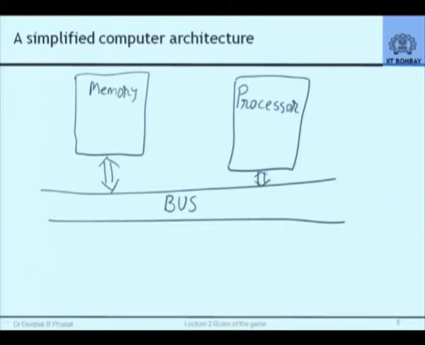The equivalent of the input-output cart that we saw in our simplified Dumbo model is not represented here. This is like when Dumbo is computing. It will take values from memory, do some computation on the workbench, the registers that we said Dumbo has, and put the results back. So this processor is more like the workbench of Dumbo. That is where computations will happen. Memory is the place where different locations will exist, different values will exist.